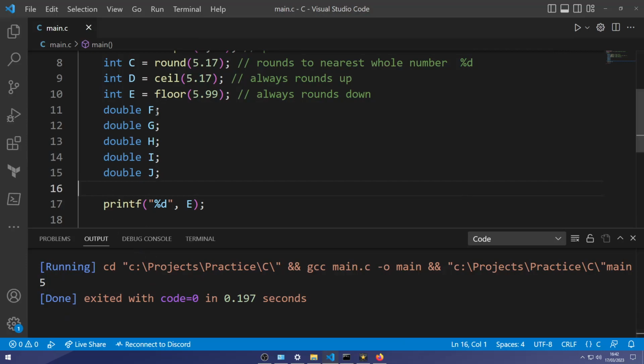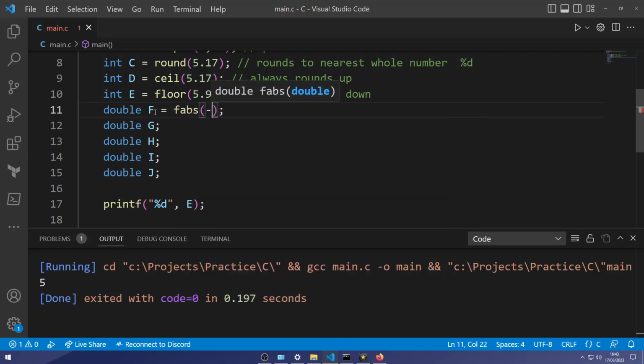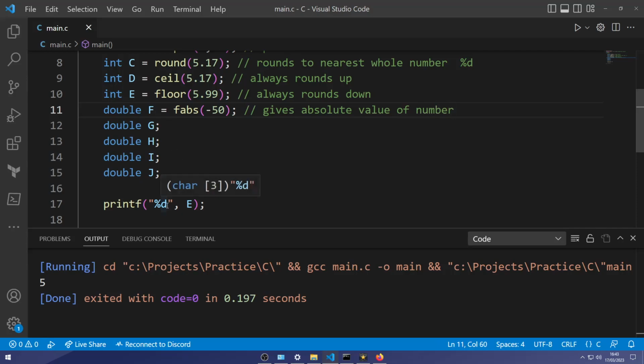And now we're going back to doubles. So fabs gives the absolute value of a number. So the absolute value of -50 is going to be, remember to change our percent to an LF.